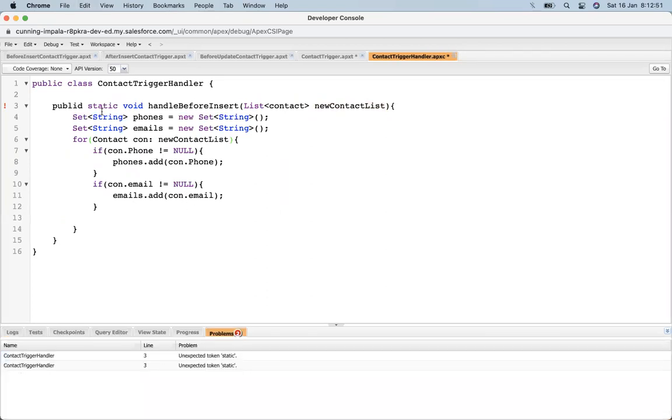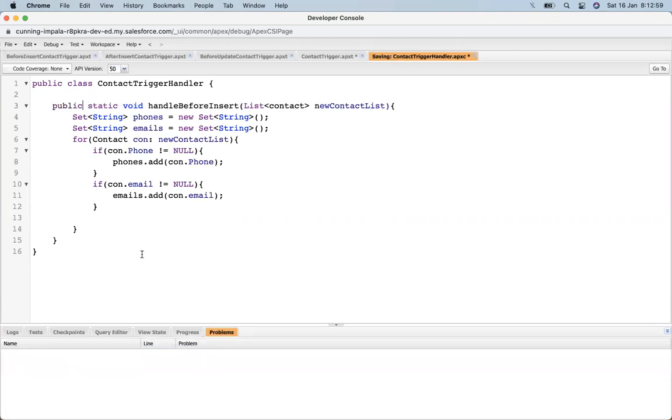Static, where is the static? Oh, sorry. Public static.